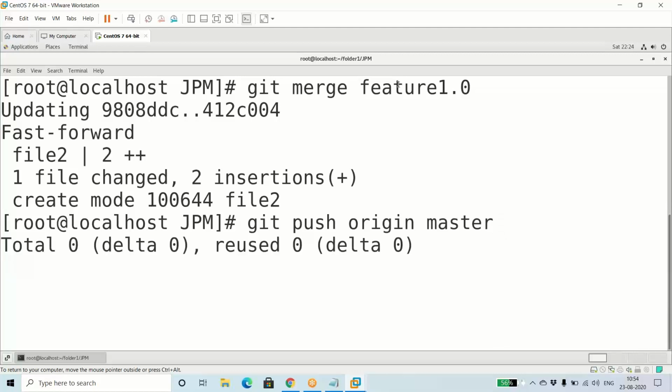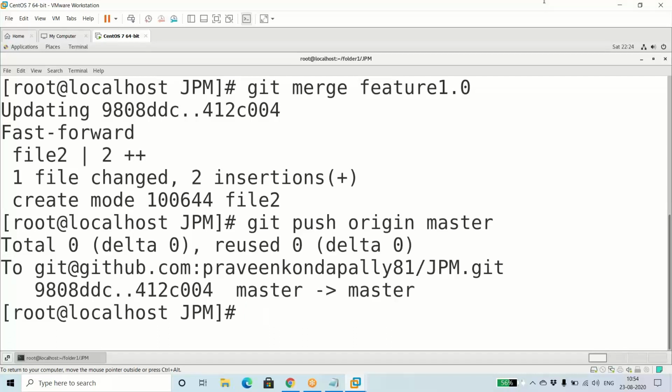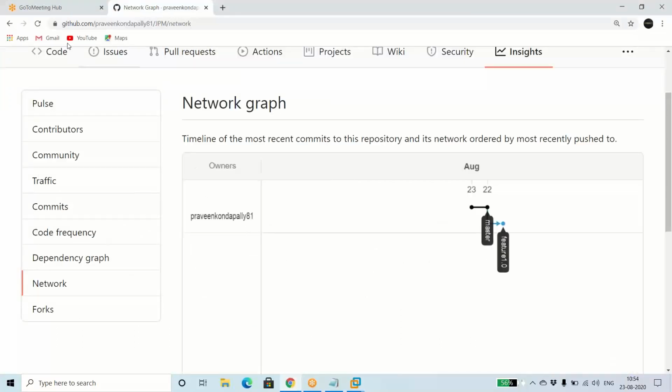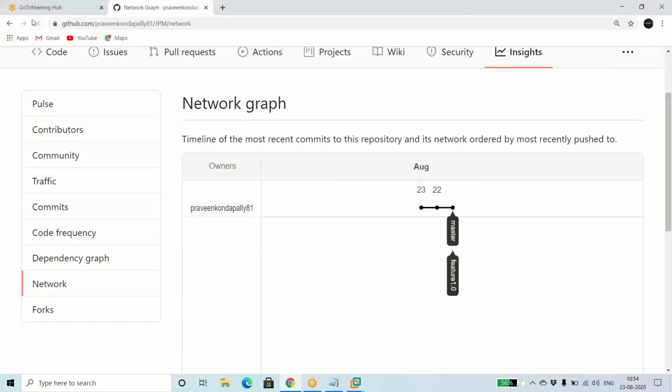So now these merged changes are pushed to the GitHub account. That was done locally, and now I'm also pushing the changes to GitHub. When I refresh, you see this has automatically changed. Both are now on the same. On top of master, it is feature 1.0.